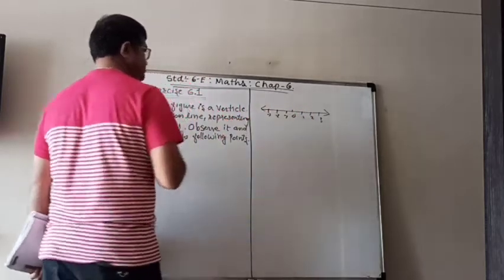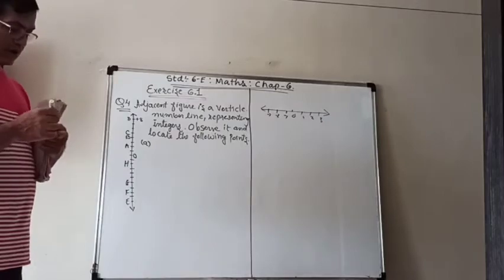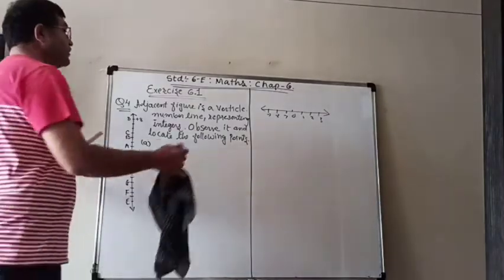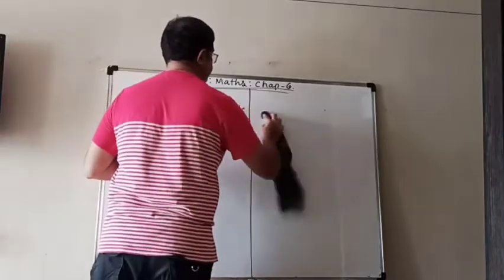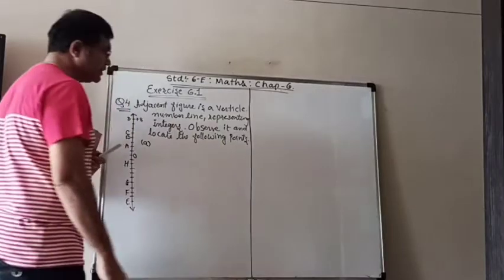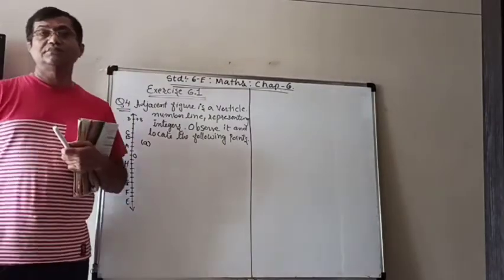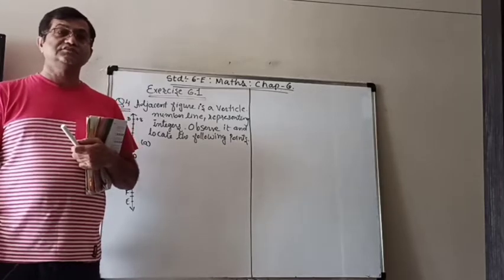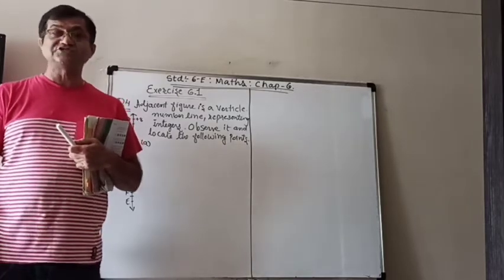But now in this, the number line is vertical, because in the future you will need both types of number lines, and therefore here there is an example which is based on this